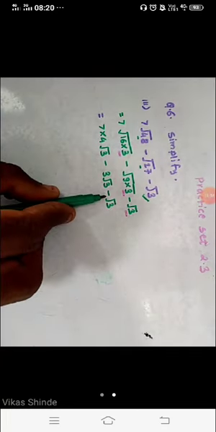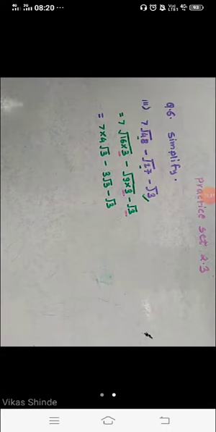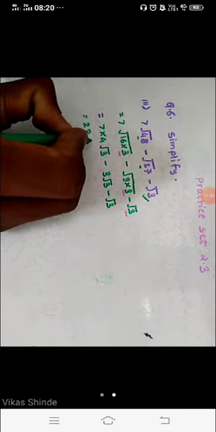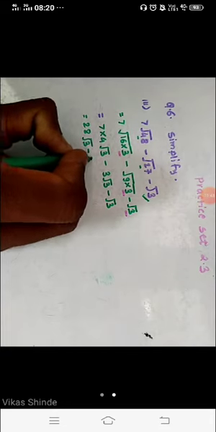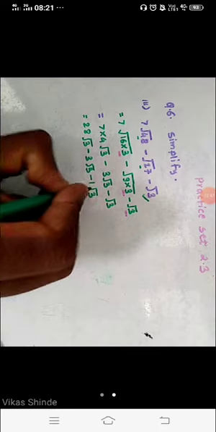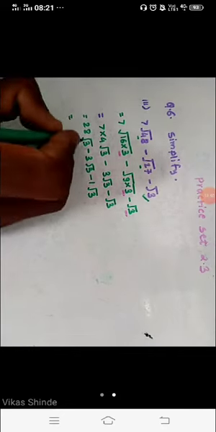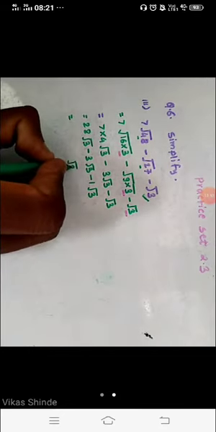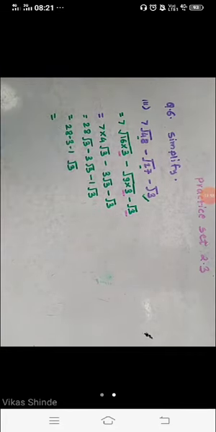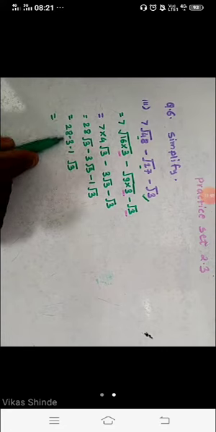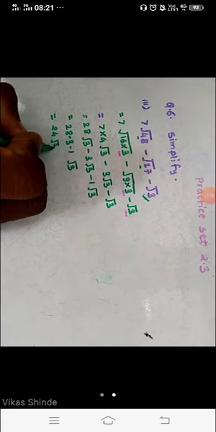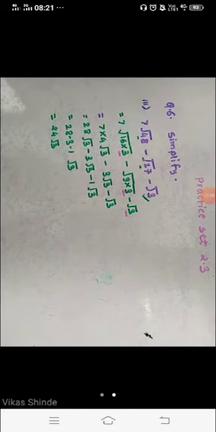Here there is no coefficient, which means it is always 1. So in the next step, 7 fours are 28, root 3, minus 3 as it is, and under root of 3, take 1, 1 under root of 3, is equal to. Now take the common root 3, and then 28 minus 3 minus 1, that is 28 minus 3 is 25, 25 minus 1 is 24. 24 root 3 is your final answer.